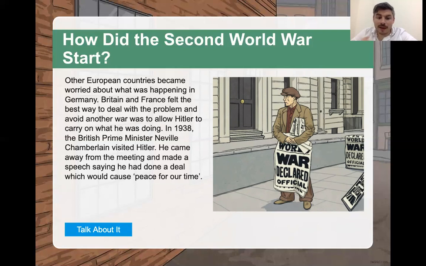They thought that if they let Germany have a little of what they want, if they were to give them some territory, allow them to rebuild their army a bit, improve the economy, they were happy. Also, they were happy to see Germany as a barrier against communism. Again, something we looked at last term. So Hitler, he wasn't really under so much pressure from Britain and France, and he began to see them as weak.